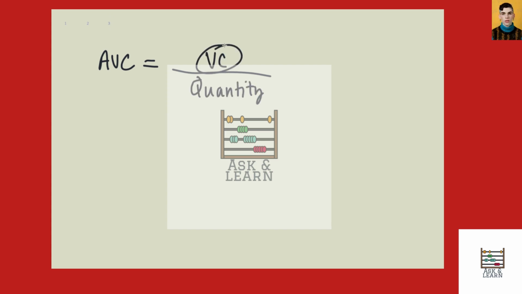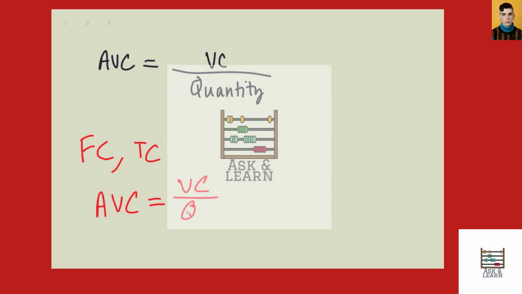And if you're not given the variable cost, but instead you're given the fixed cost and the total cost, another way you can calculate average variable cost is by looking at the variable cost over quantity still. But variable cost is equal to the difference between total cost and fixed cost, and that could be divided by quantity. And you can basically play around with this arithmetic to find any way to find this average variable